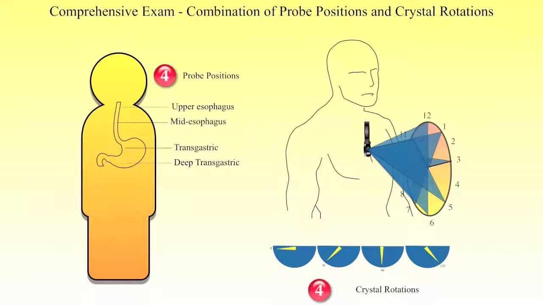The views can be acquired at 4 cardinal probe positions in the stomach and esophagus. The probe can be advanced from the upper esophagus through the mid-esophagus and into the transgastric and deep transgastric views to achieve a variety of images. The changes in depth, combined with the rotations of the crystal through a range of angles, allow complete visualization of